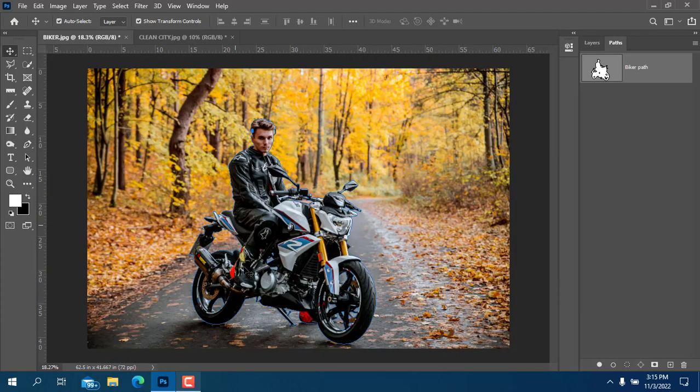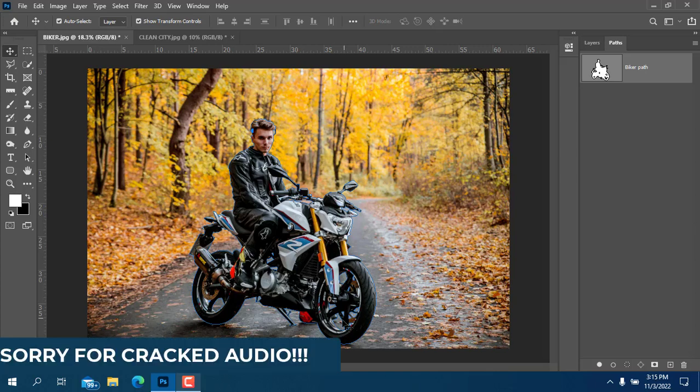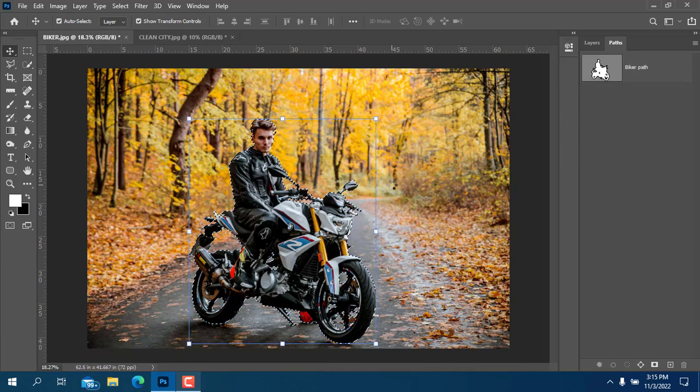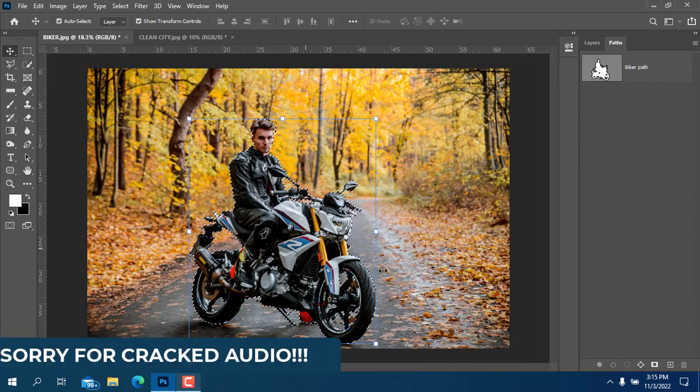Okay guys, now that we have traced all around the image, and we have also taken the time to cut everything that needed our attention, now it's time for us to apply this image. So the way to apply a mask is to come to the biker path right here. You can hold the Control key or the Command key and then just click on the little thumbnail here to load it as selection. So let's hold down the Control key and click,